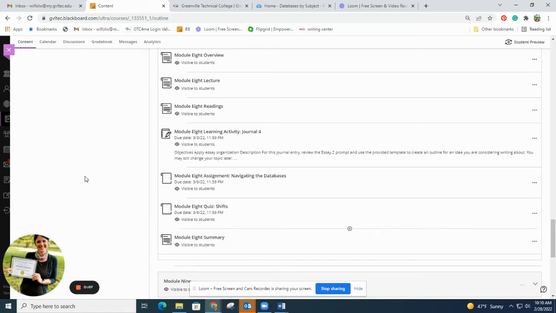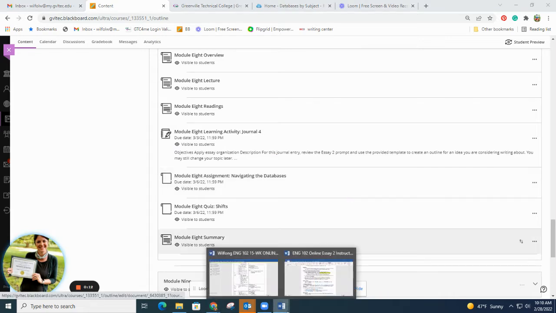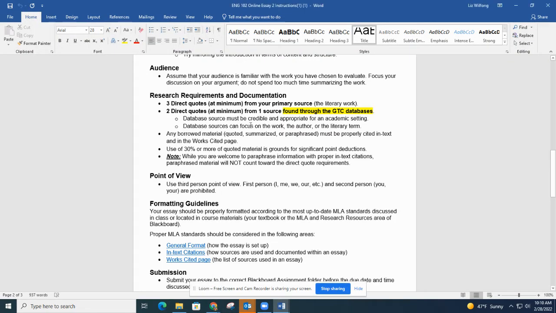So we're going to take a look at what you've got to do for this week, including the navigating the databases assignment, because just as a friendly reminder, you need to use at least one outside source for this SA2 assignment, and it needs to come from the library databases. That goes for any additional sources you choose to bring into the paper as well. You cannot get sources through Google for this paper. Let me be very clear about that. Okay, so just so there's no confusion, databases only, because yes, that's how we're doing it.